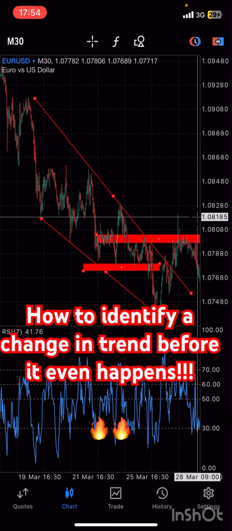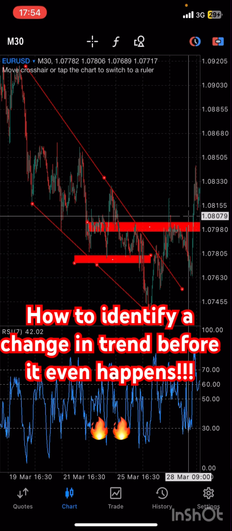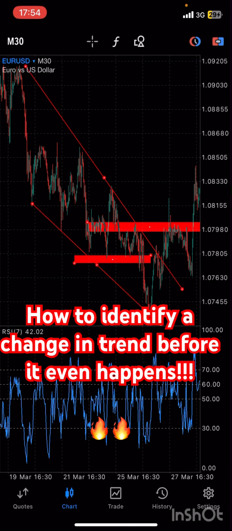For now, it has not broken. So you can see what the market was doing. So now you can see that the market has been able to break this particular point. So the next thing you just be waiting for is you'll be waiting for a very good